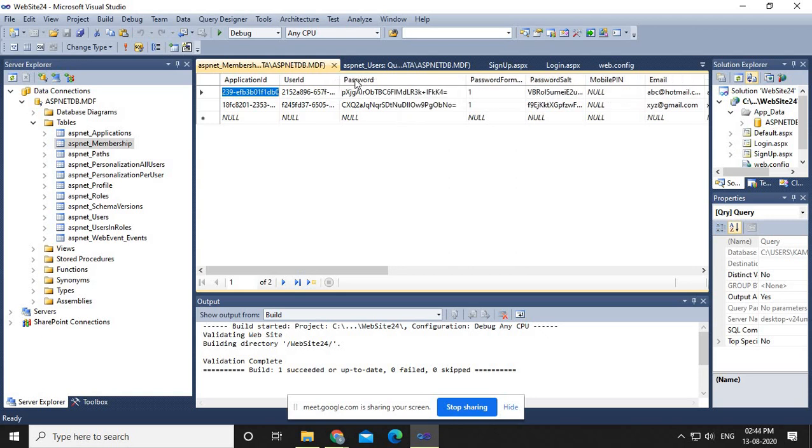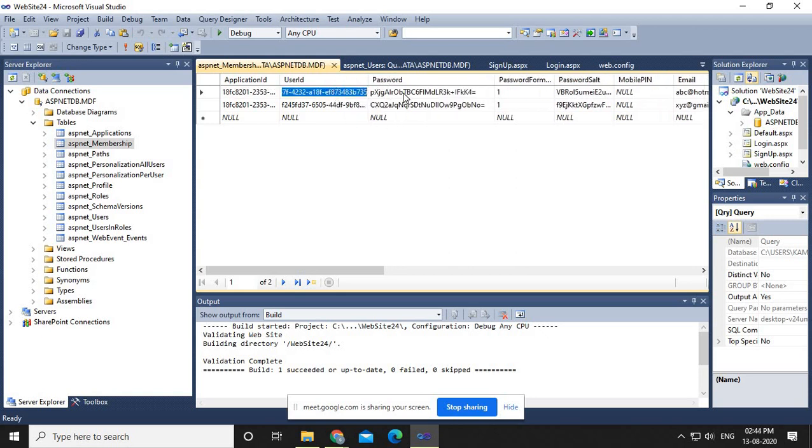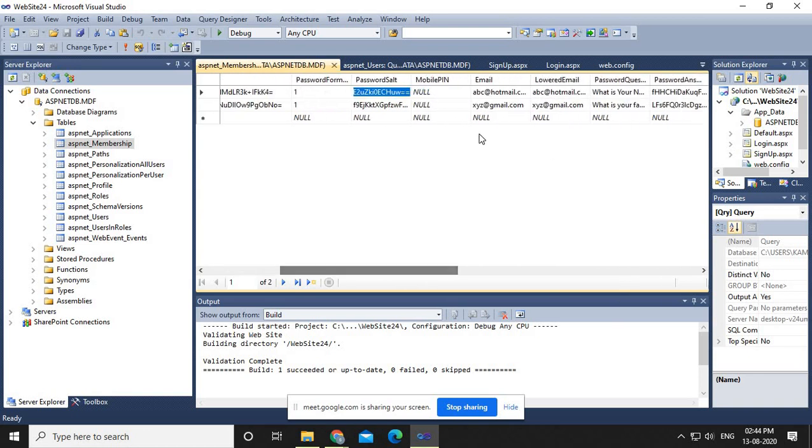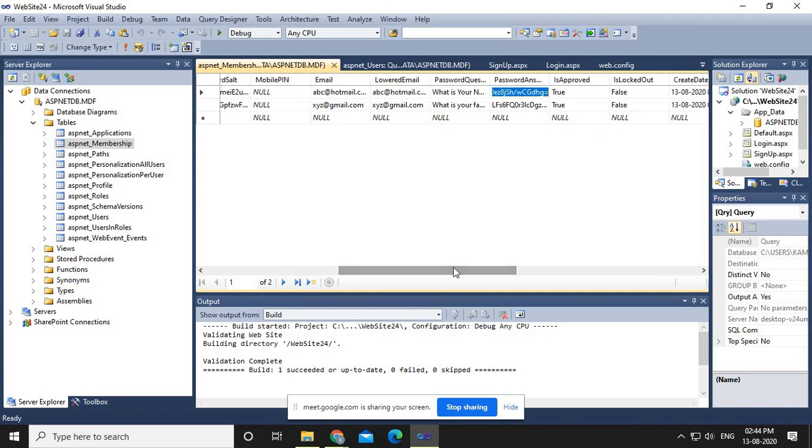So here you can get everything. Your user ID, you can get it from here. This is the password, this is the password salt, this is the email address, this is the security question, and this is the security answer hint.